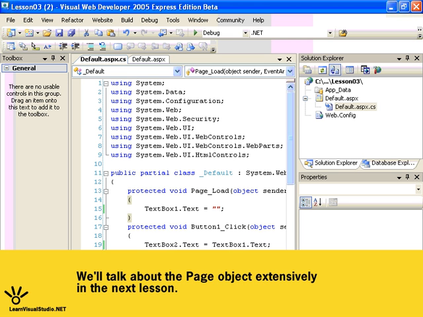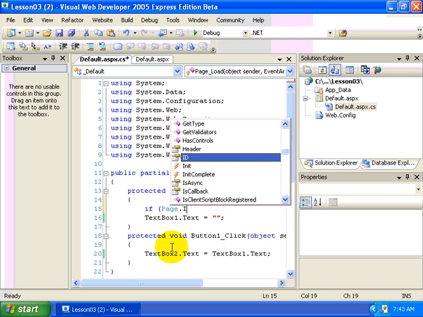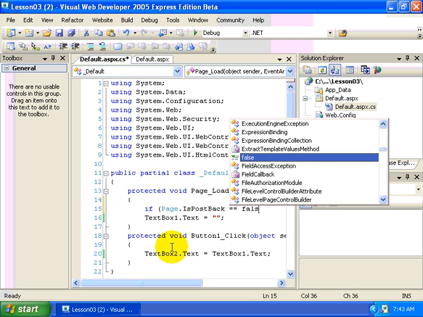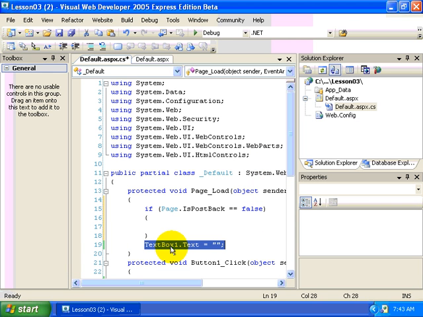So let's do this. Let's add some code to this example in our page load event. So here we'll go if page.isPostback equals false, then